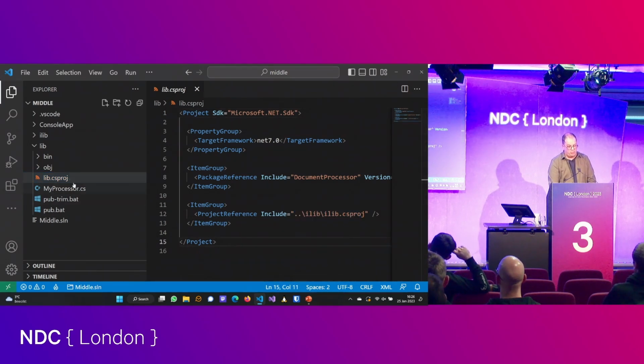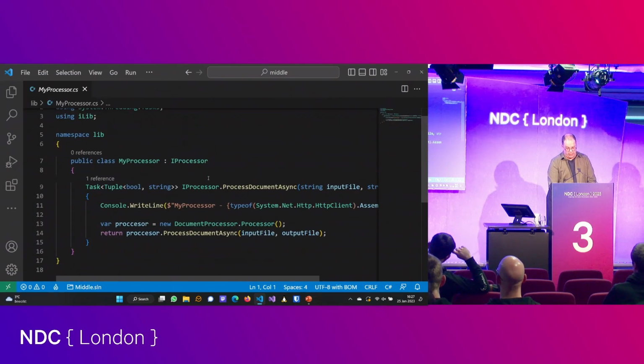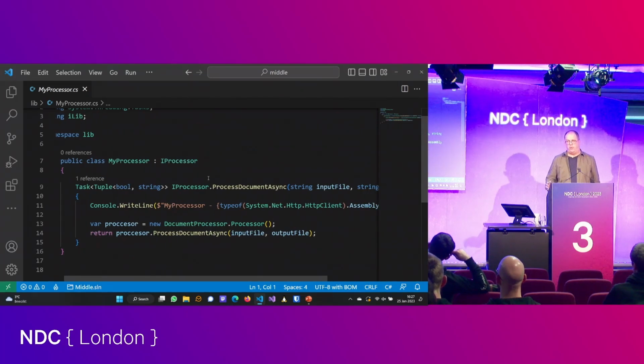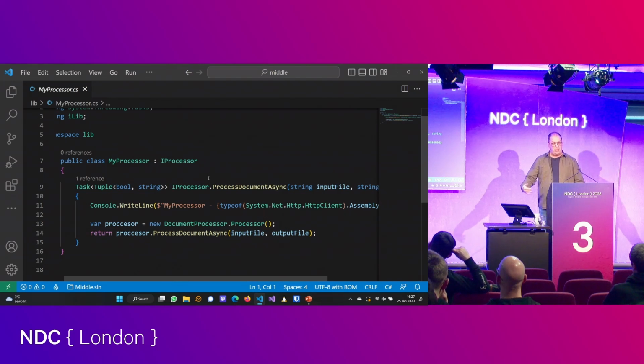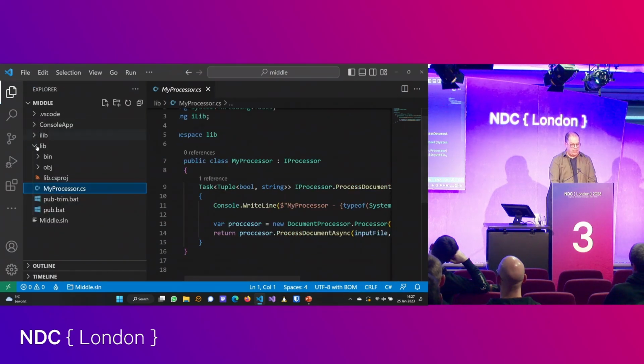And if we then look into its implementation, we will see it's almost a pass-through of what we've seen before. And that first line that I'm doing here, that typeof, has to do with wanting to show you where types get loaded from, because that's part of our solution. We want to load stuff from a different location and influence how it works internally. So that's exactly what we're doing here. So we have this, and there's no reference from the console app to this location. The console app only knows the library, and on top of that,